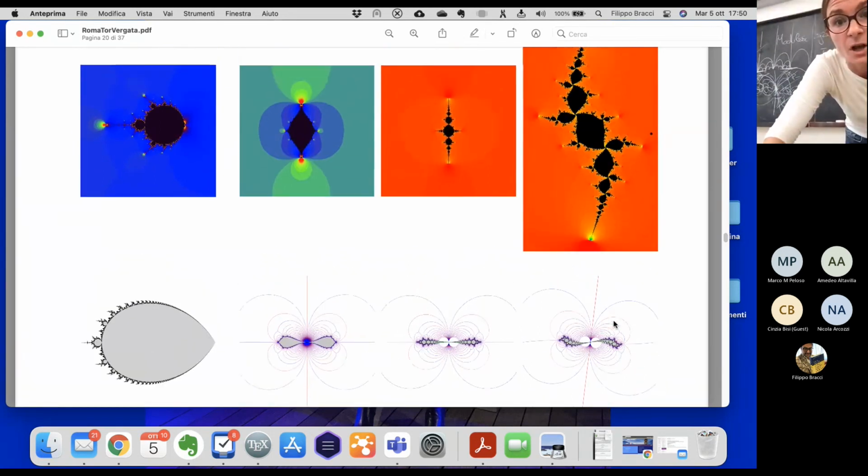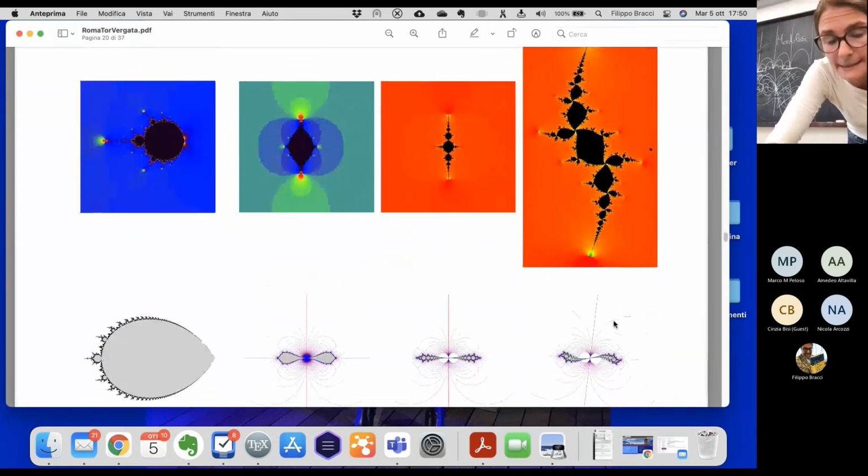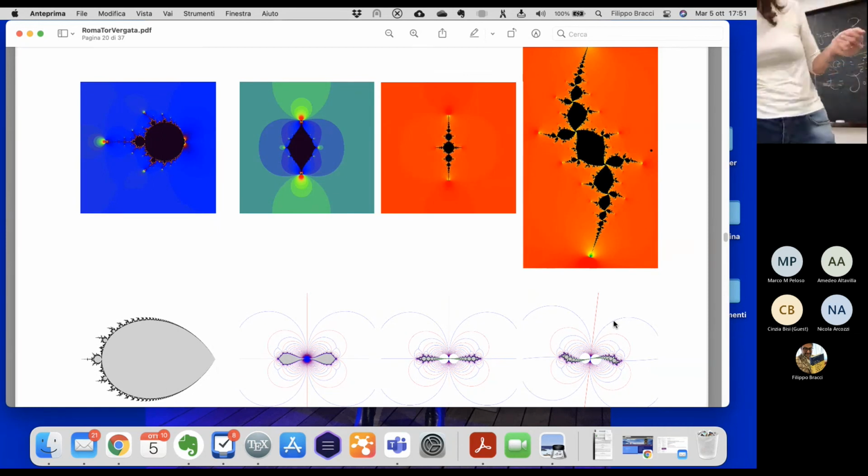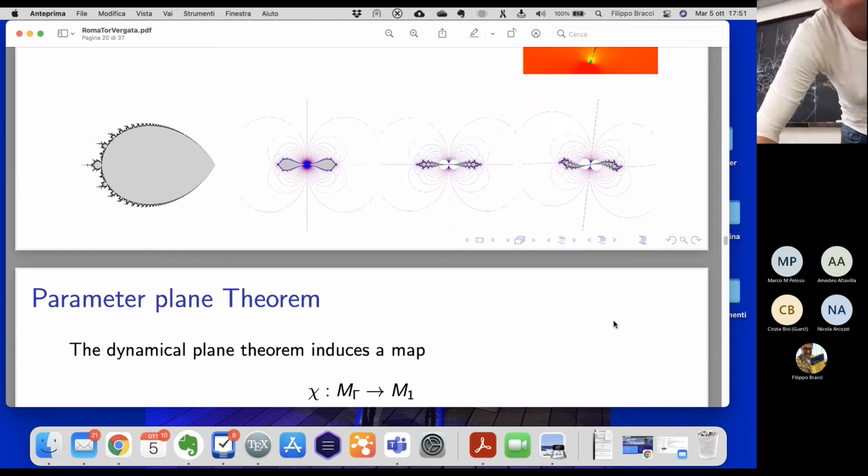And, well, the theorem works for members of the family with connected limit set, because for proving that outside you have the modular group, we start by the Riemann map, and then you really need something connected, because in other case, step 0 doesn't work. But it induces a map